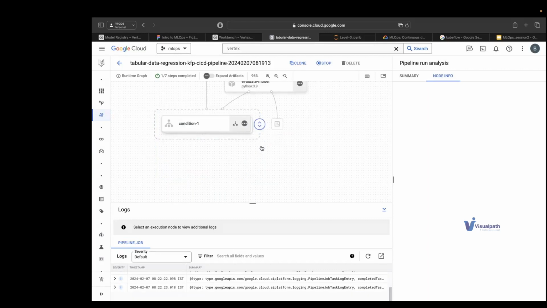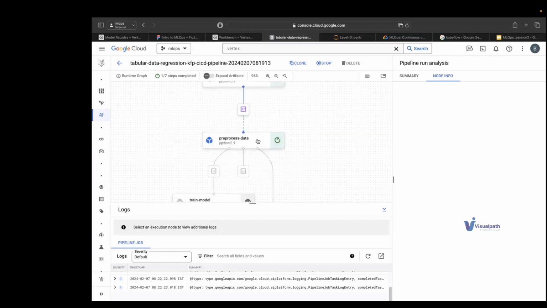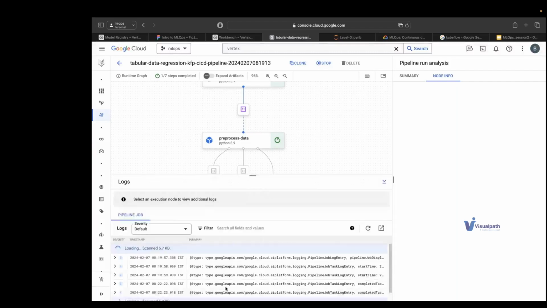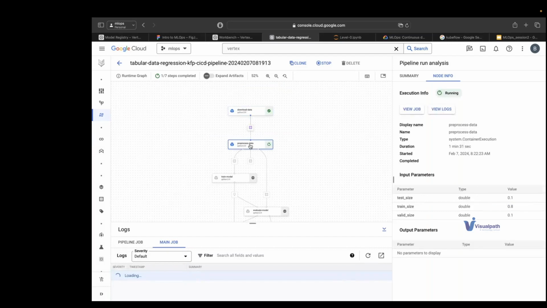This is a very simple pipeline, very simple to start with and to learn with. Okay. So you can see how every component runs on a separate machine. This component ran on a separate machine. This component ran on a separate machine. I can even run these things in parallel if I don't want them to run in a sequence. But here our work is dependent. Pre-processing of data is required on the downloading of data. The first step is to download, then only we can pre-process. That's why we have done it this way.